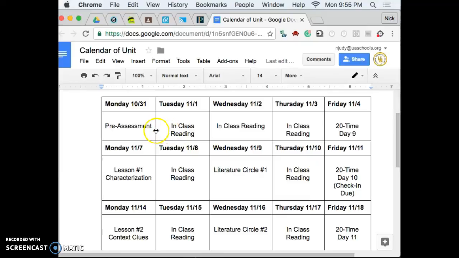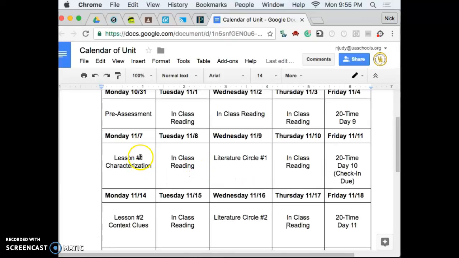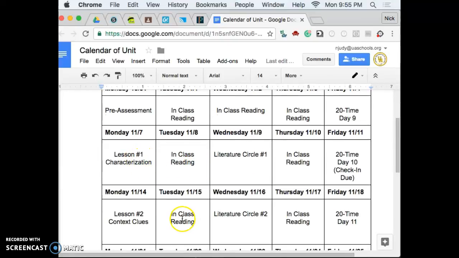So for the first literature circle, you'll have lots of time to get through a decent portion of the book to be able to have a literature circle. You'll probably need this reading time to be spent towards reading for your second circle, but that will be up for your group to decide.